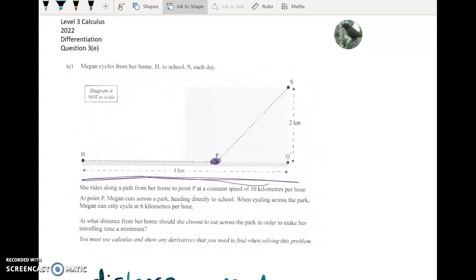Hopefully you can see straight away that we've got a baby right-angled triangle in here. I'm going to call the distance PQ x, and that means that HP is the leftover, and that's going to be 4 minus x. So how far is she going to go? Well, first she's going to bike 4 minus x, and then she's going to bike this distance here. And finally, for the first time in all 3 papers, we've got some Pythagoras coming in, and the distance SP will be the square root of x